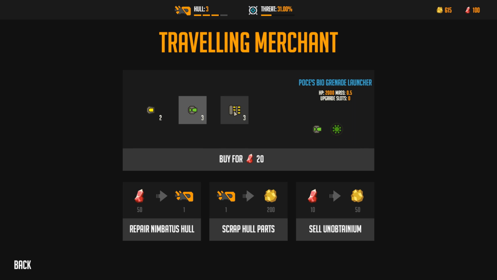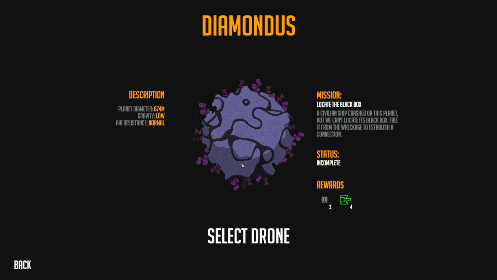You've got a bio grenade launcher. You've got a kinetic rocket launcher. It's pretty badass. We've got a kinetic short laser. I want rocket launchers. That's what I want. I can sell unobtainium to get some more tritium. Alright, we can do that. We can repair the Nimbatus hull right there, but I don't think that matters. We'll continue on to